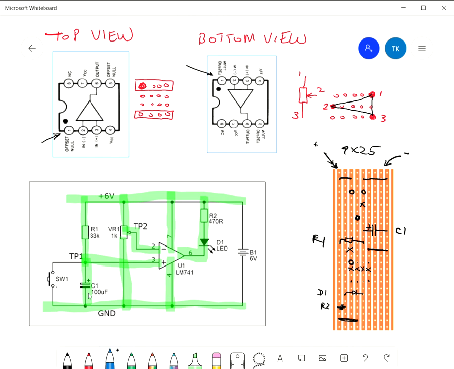So pin 3 of the IC, that's 1, 2, 3, and anywhere along this row. Okay, so maybe I will use this hole there for my switch, which is convenient. Okay, so this one will go out to my switch,